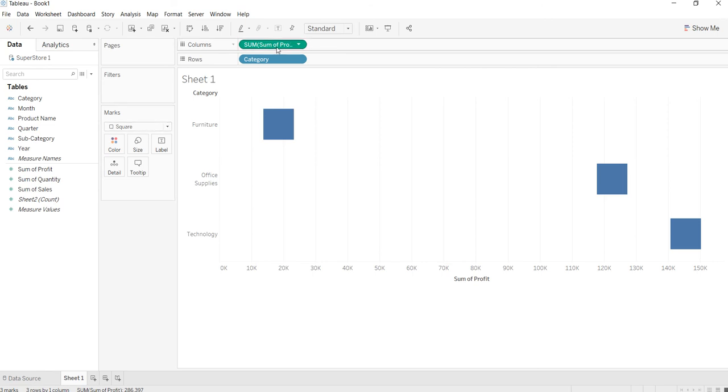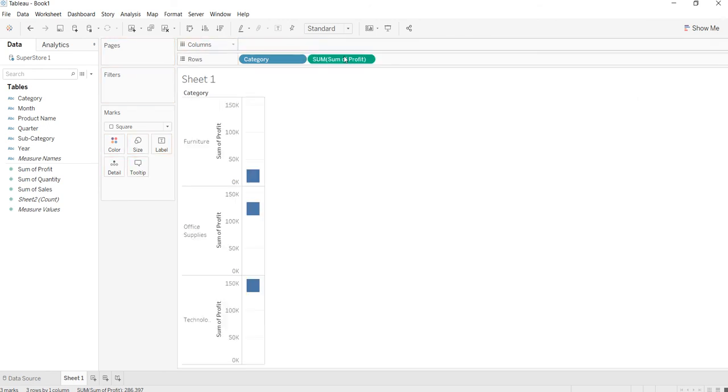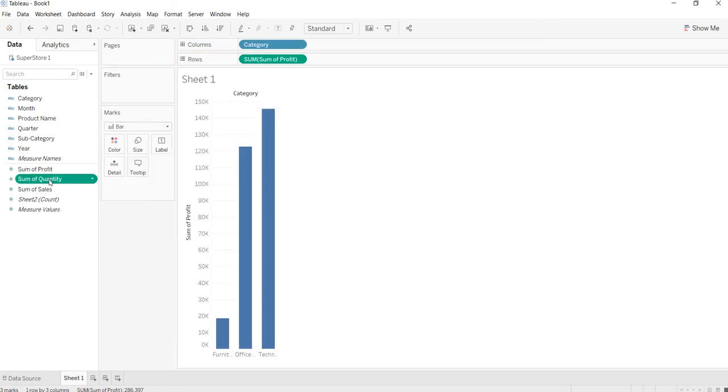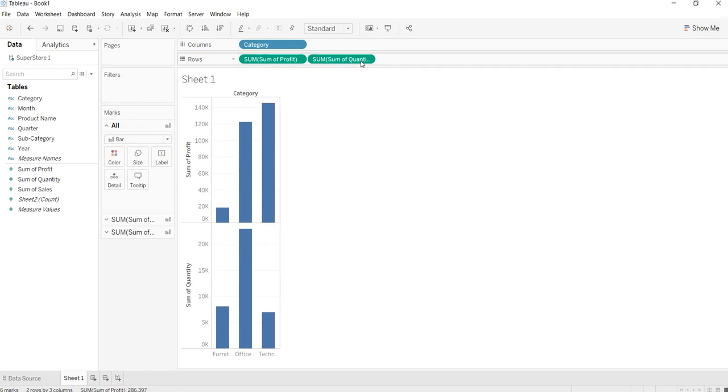Okay, now let us try to understand another example wherein changing the size of the mark will come in handy. So what I can do is drag and drop this profit onto the rows and category onto the columns and change it to a bar graph. And then I can again drag and drop the quantity onto the rows. Now I have two different bar graphs, one for profit, one for quantity.